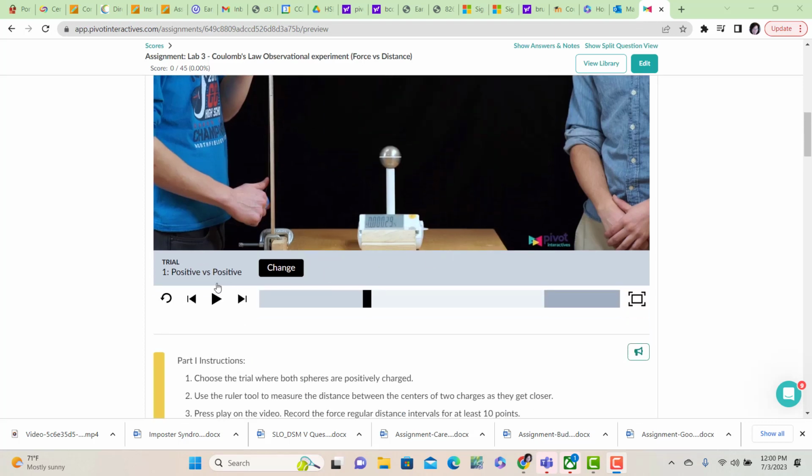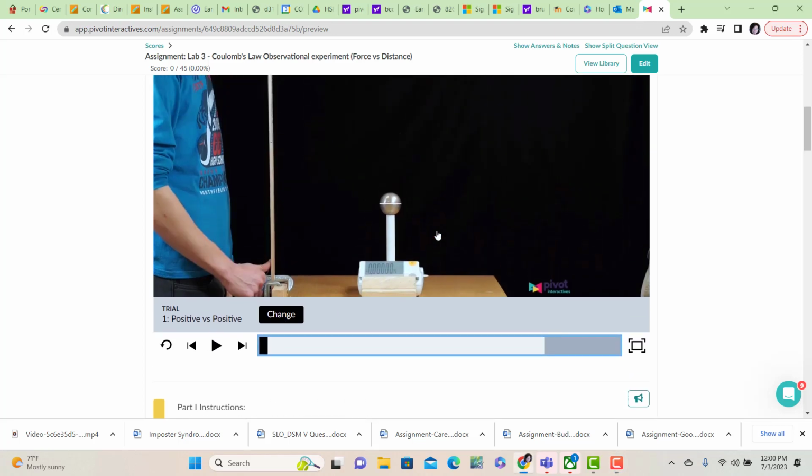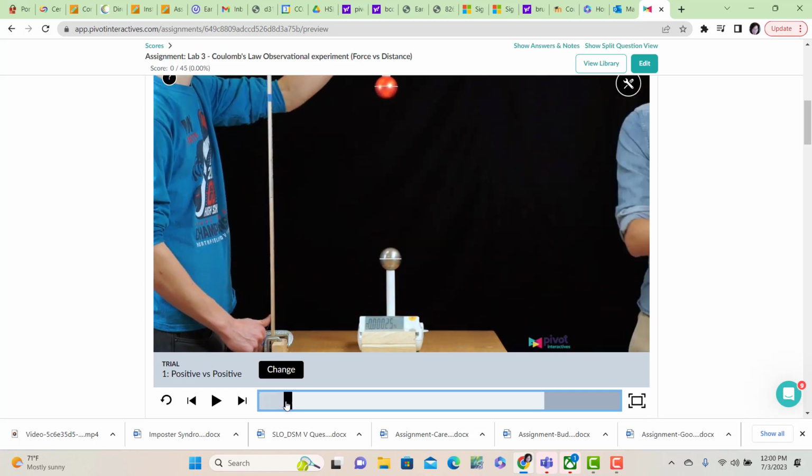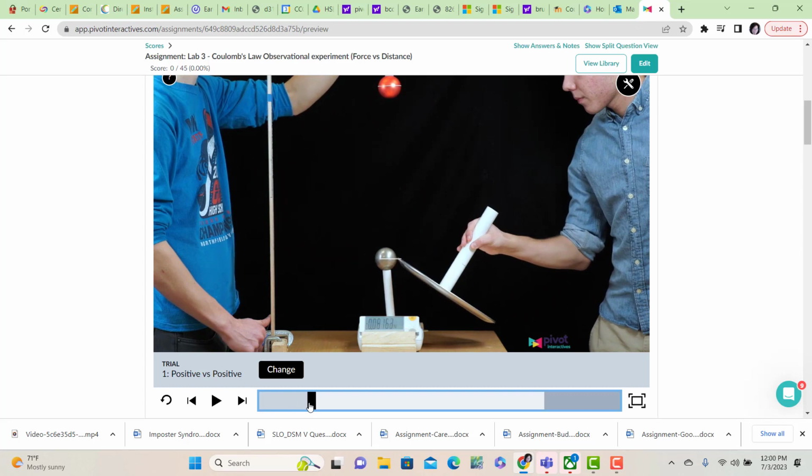So what I'm going to do is make sure that I'm using the positive and positive trial. You could change it if you don't have it automatically there. You just click on change and choose it. And then what I did is I fast forwarded through all of the charging until